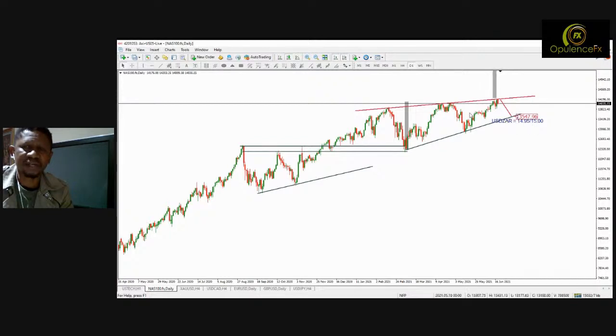But yes, currently we are seeing it is highly likely that the Nasdaq should push back to 13.5 from the 14,000 psychological level. So they must go and garner some more support. Remember, this 13.5 will be a triple bottom, and this triple bottom would be a threat to the triple top. It's going to be triple bottom against triple top. Who will win? Currently, advantage to the sellers. I must just put it like that.